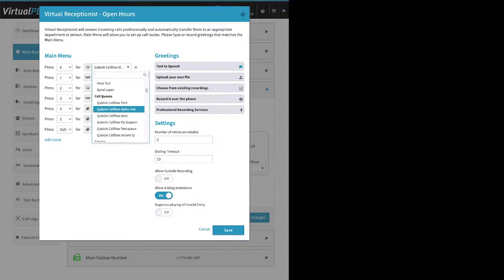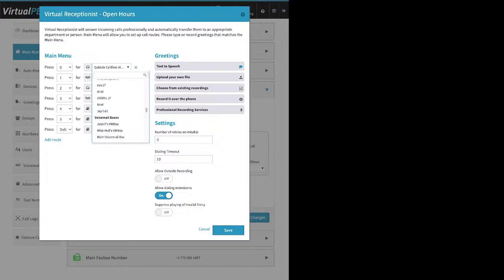Call queues, again, if you're making use of this feature, call queues have an upgrade fee associated with them per queue. It has some advanced routing options. Groups are an included feature, typically for departments of only a few basic routing options. Then we have devices. That means you're having the menu option go to a specific phone. The downside there is if that phone doesn't have built-in voicemail, right, the caller just keeps ringing until they hang up